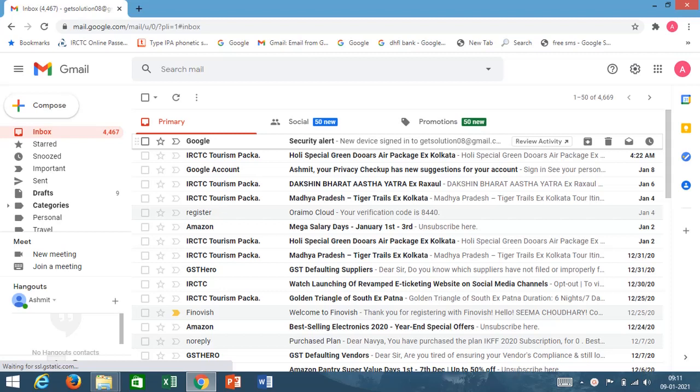Now in each and every email we have an inbox. Inbox means whatever mails we are receiving from someone, you can see all the emails under inbox. Here all the emails are given. Whatever emails you can see over here come under inbox. These are in my inbox.